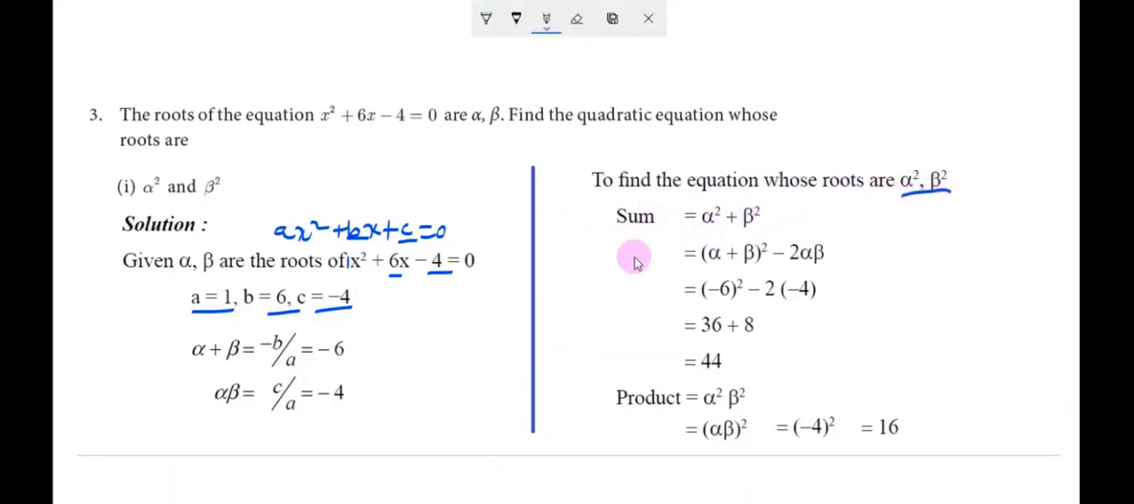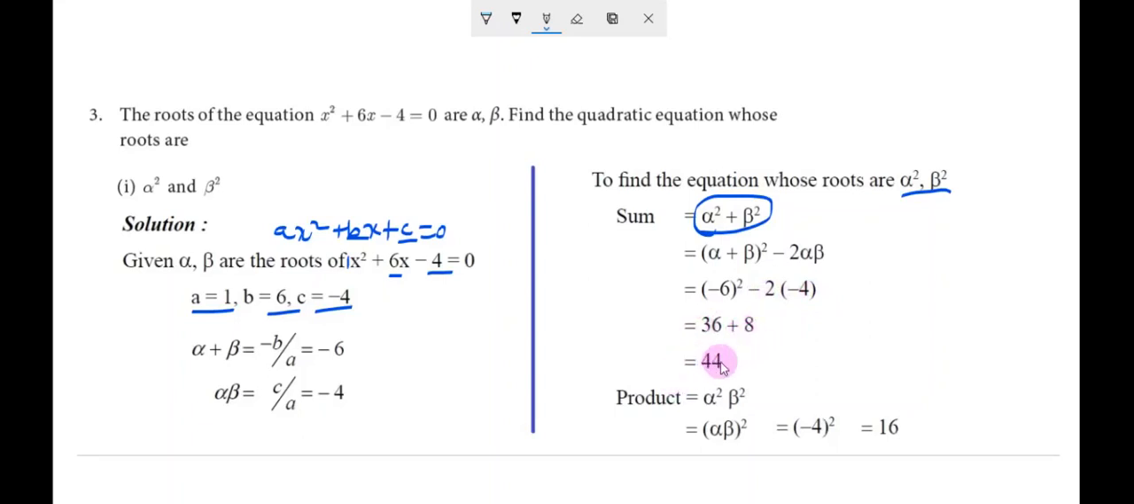Okay, its sum alpha square plus beta square, its value in last sum also I told how it comes. So alpha plus beta the whole square minus 2 alpha beta. Now apply alpha plus beta value, so minus 6 whole square minus 2 into alpha beta value minus 4. Understood? Okay, now minus 6 whole square means apply square for minus, so plus, apply square for 6, square, it is 36. Now minus into minus plus, 2 4s are 8, that is equal to 36 plus 8,